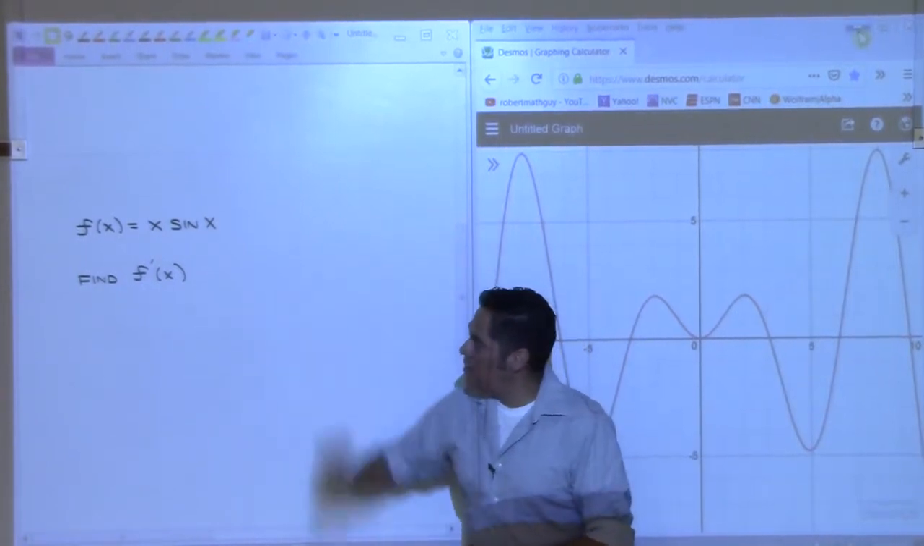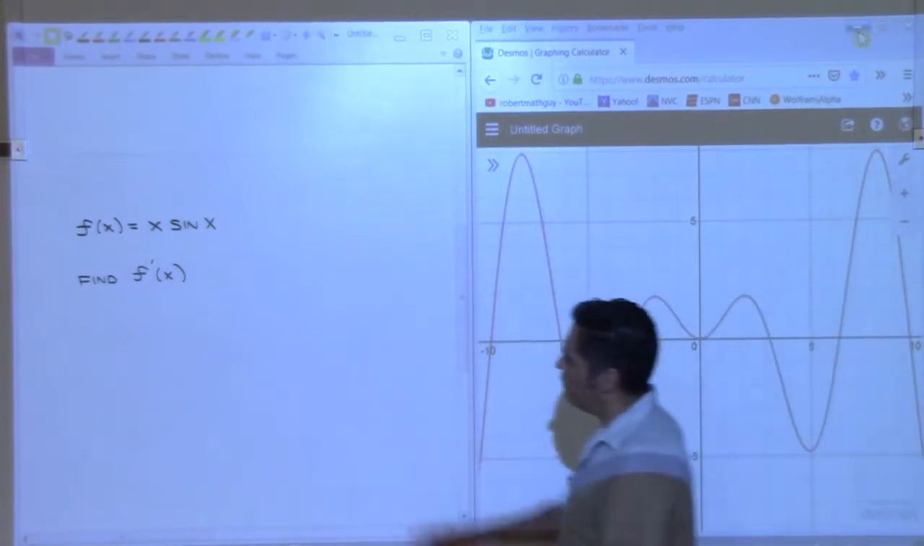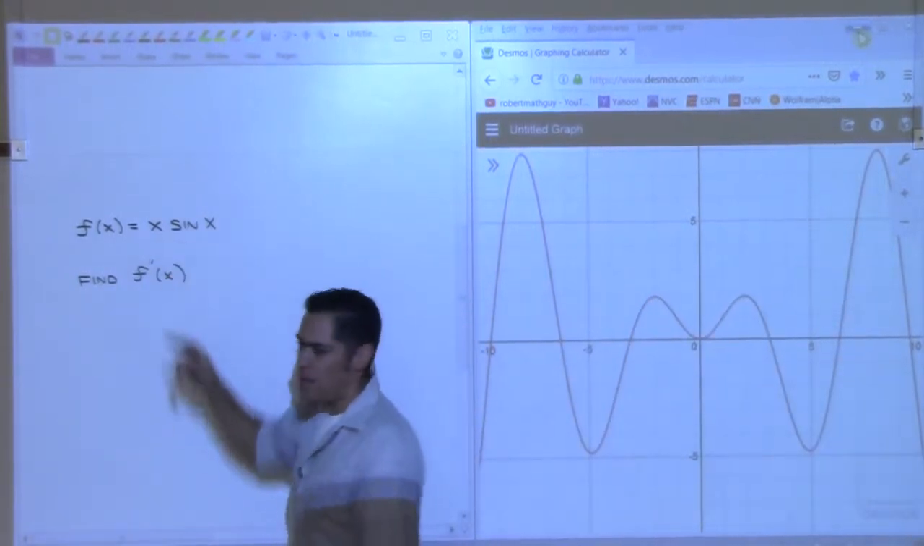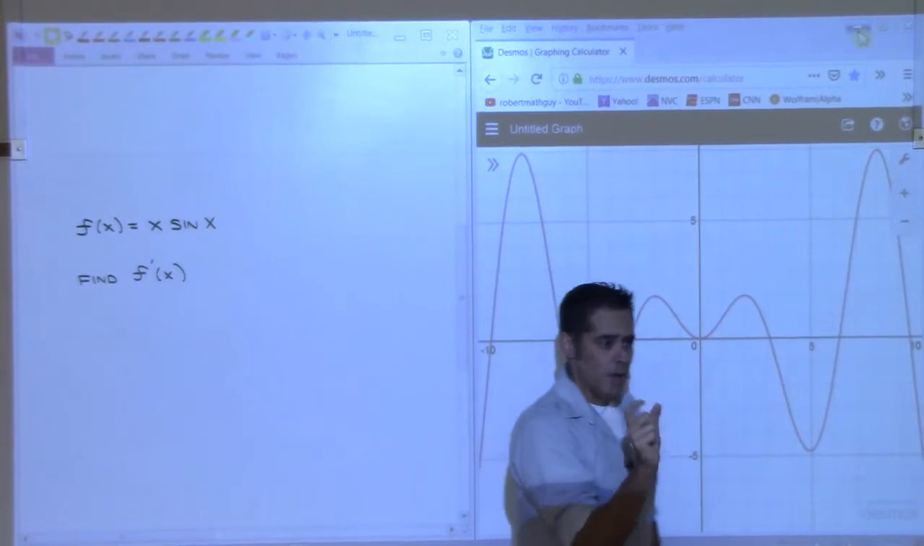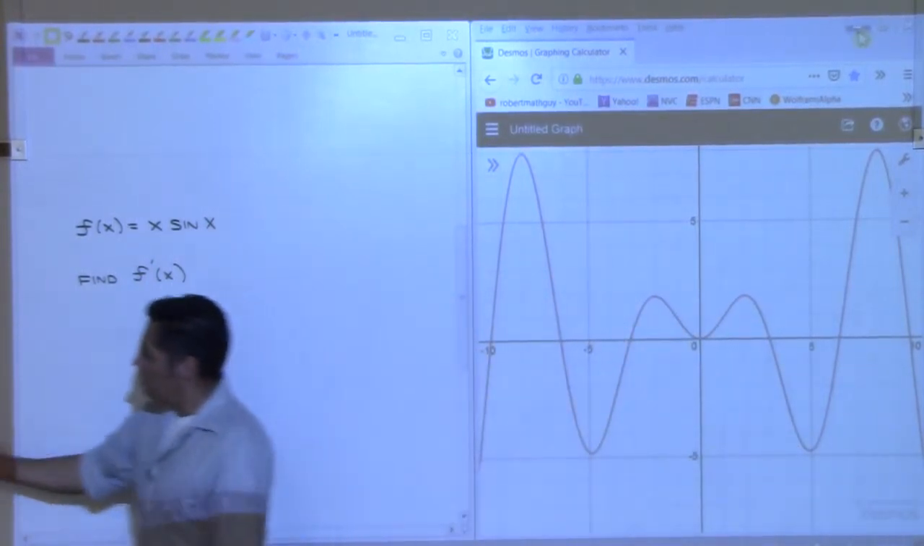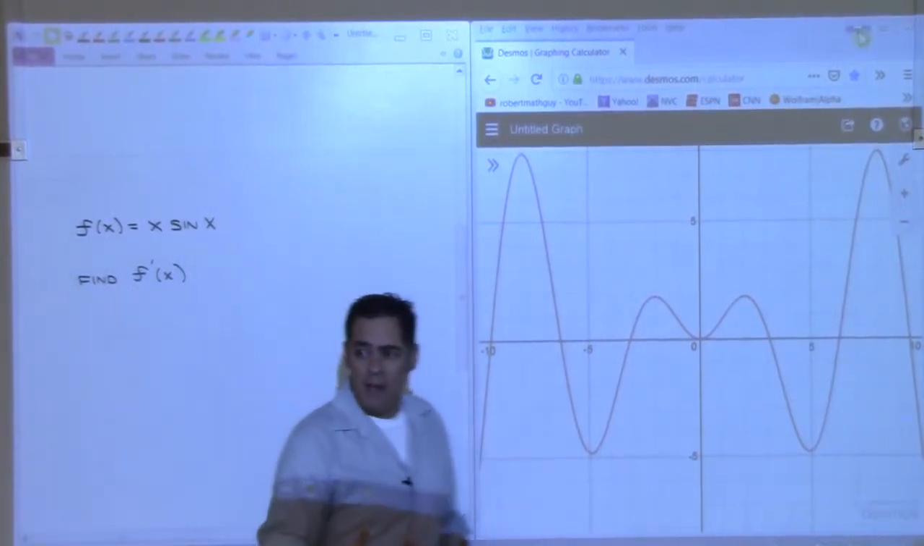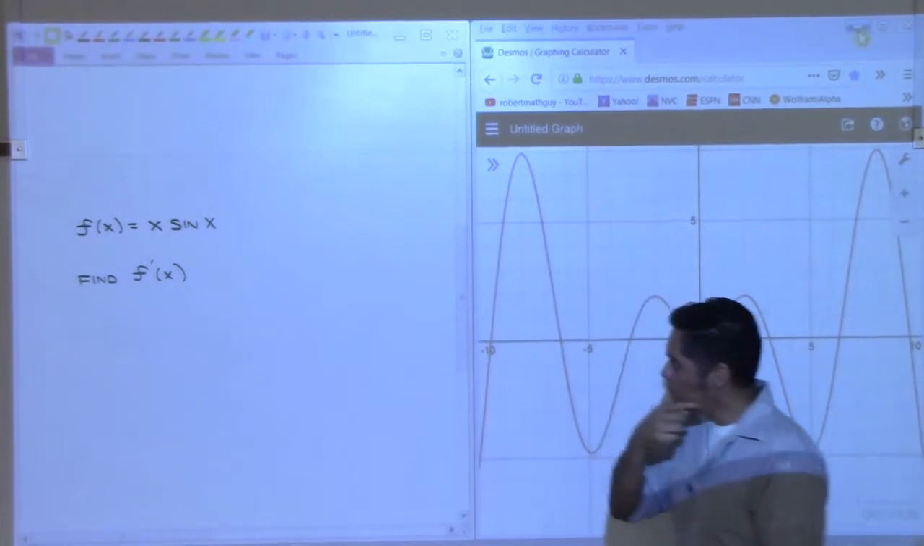But now let's take a look at this function here. And we have two functions, x and sine x, that are being multiplied together, right? So we have a product. And so it does not look like this here. We don't have addition or subtraction. So the question becomes, how do we find the derivative of this, right? Well,